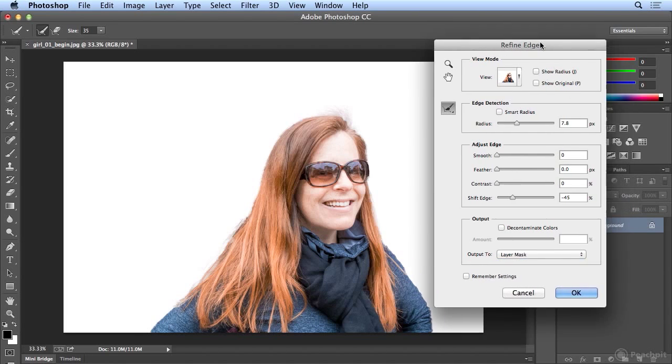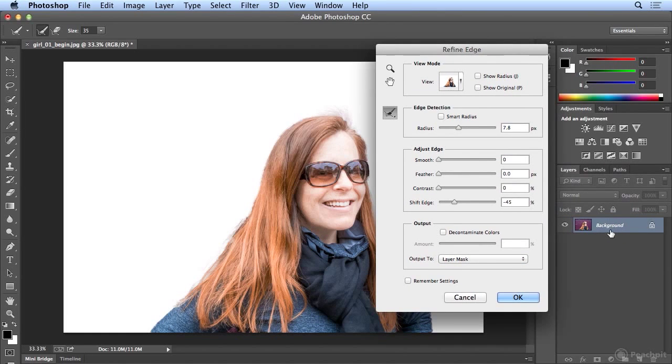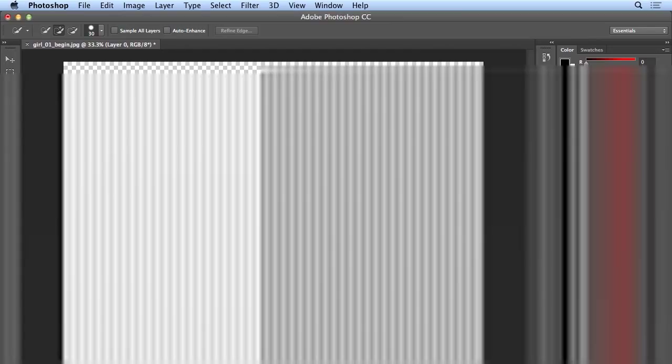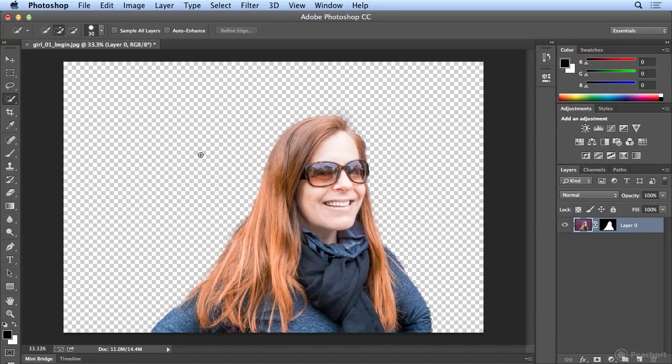What this will do is name the background layer, it will name it Layer 0, and mask or hide away all of the original purple wall. So here I go. I'll click OK. There it is. This checkerboard pattern indicates transparency. Checkerboard indicates it's clear or transparent, so we could drop any number of things in.